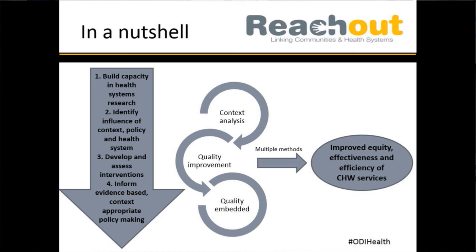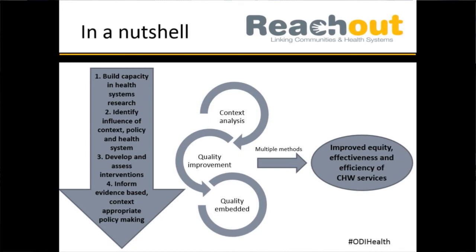So down the middle of this slide, you'll see a kind of timeline. Reachout is a 5-year program. We are about 3 years through this month, and we've completed a multi-method, multi-level context analysis in each country over the first year. And that used research to identify problems. And they were discussed with stakeholders, prioritised, and quality improvement projects have been going on in each of these contexts